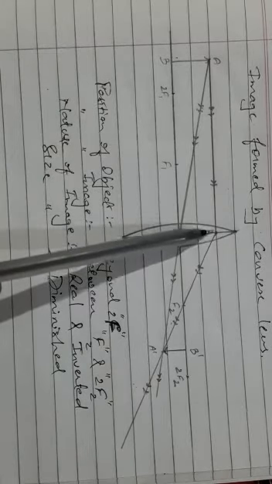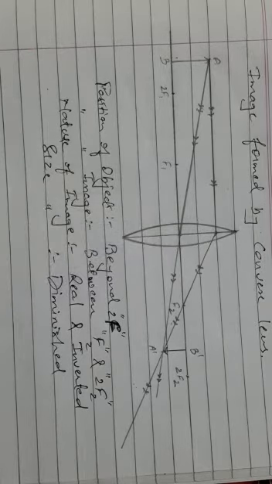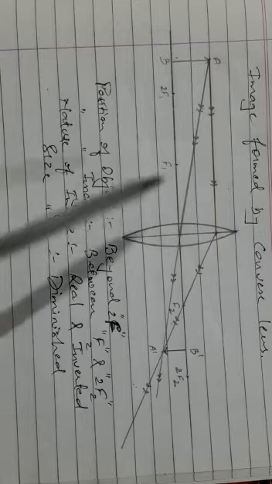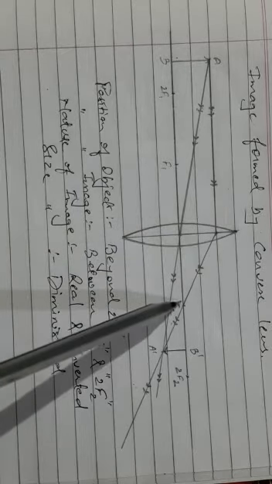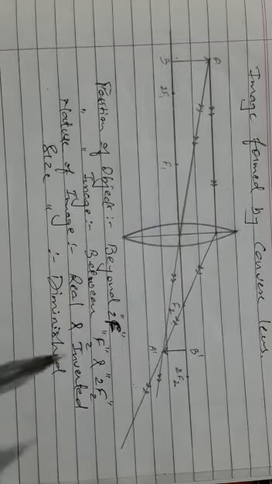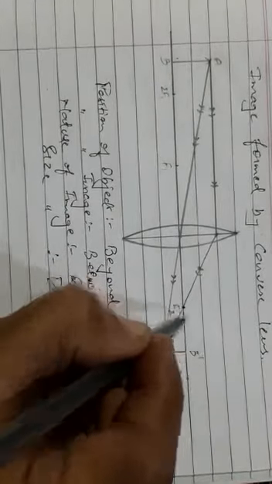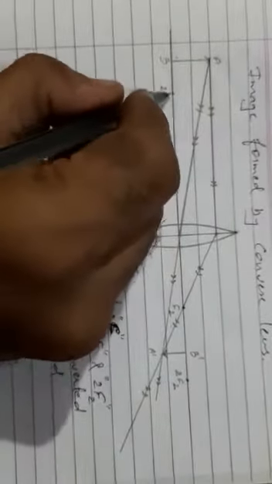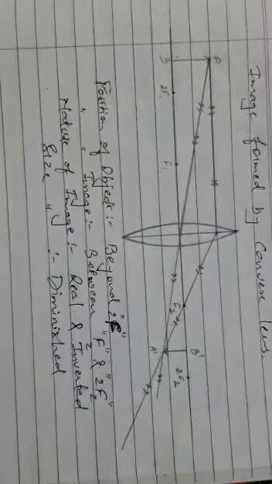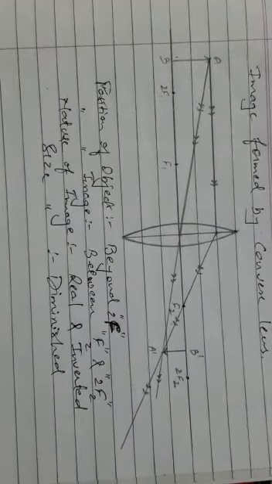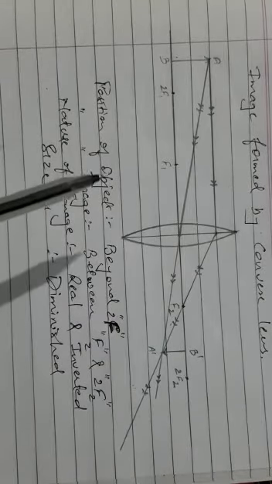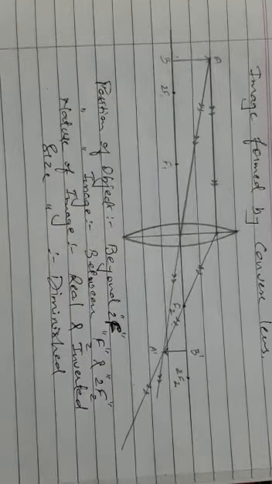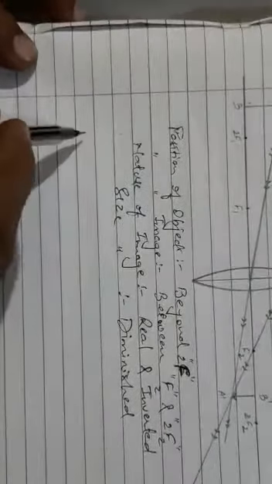Don't misplace any points, don't draw a line outside the points also, otherwise you are not going to get a good image, right? Your images will be misplaced, so see to it that the rays pass exactly from the points, and make a point slightly darker if you are not able to understand, but not very big so that it goes out of the focus where you are going to pass a line from. So make it slightly dark so that you understand how you are going to draw it, and don't jumble up the lines also.